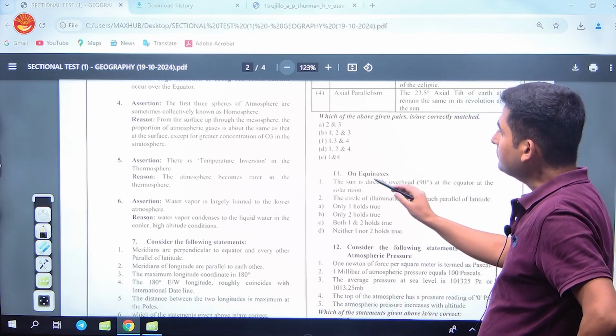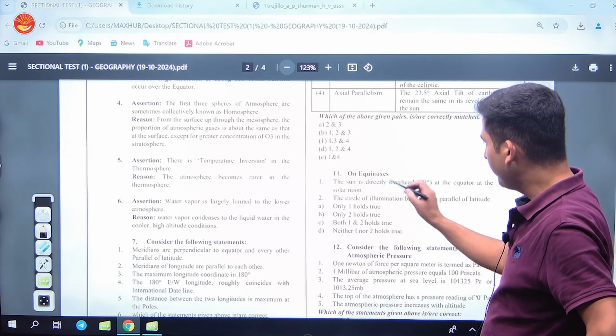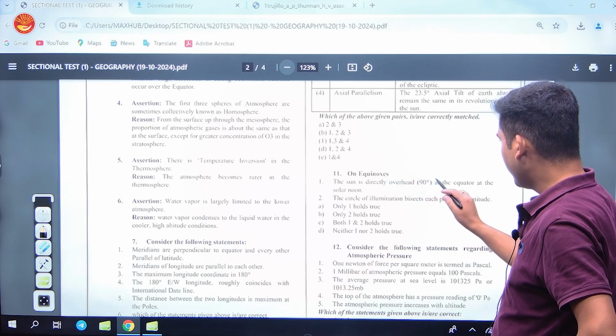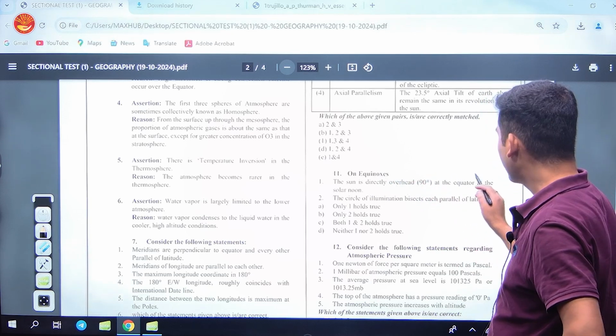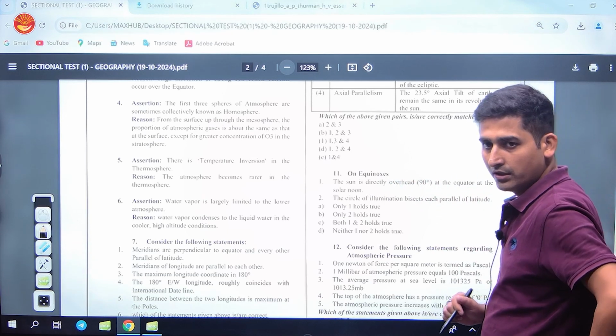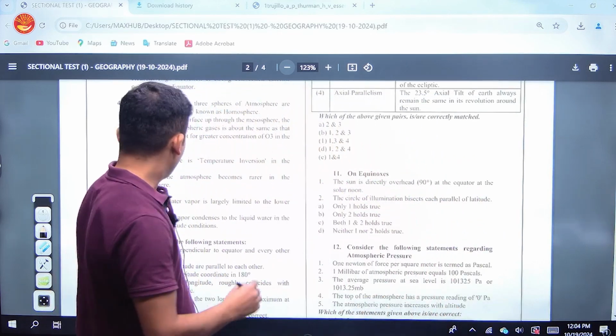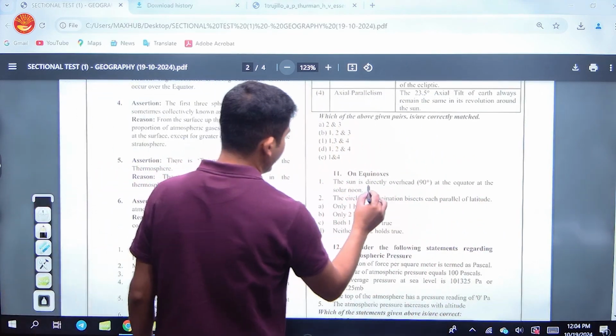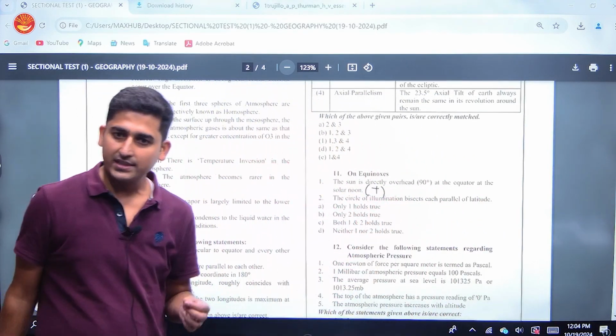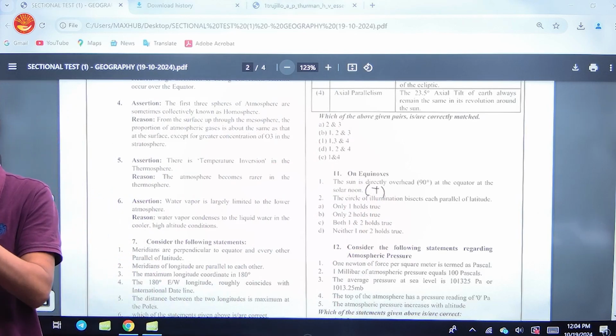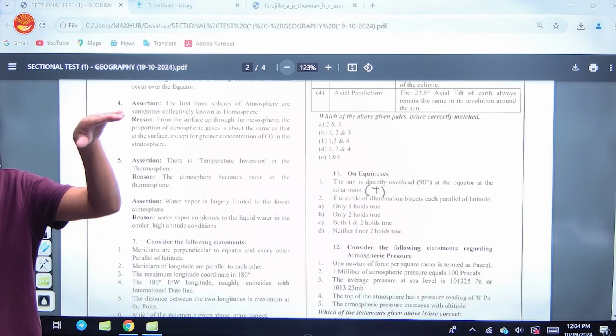Okay, on equinoxes, the next question is: on equinoxes the sun is directly overhead, that is 90 degrees, at the equator at solar noon. True है false है? True है, this is absolutely true. Yes, on equinoxes the sun is overhead the equator at solar noon, सुबह नहीं शाम नहीं, but at the solar noon it is at